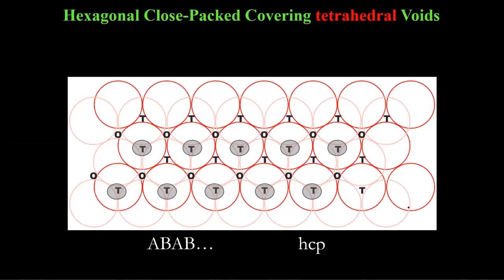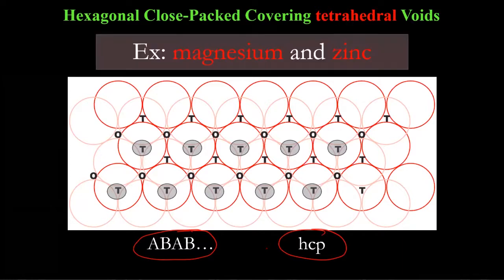Now, when we talked about ABAB, we said that it is HCP. So you need to remember that ABAB type is hexagonal close pack. Examples are magnesium and zinc. This is important to remember; quite a few times it is asked in 1 mark. We are talking about tetrahedral voids. Tetrahedral voids are present in magnesium and zinc. The type is ABAB HCP. Try to memorize the examples right now.